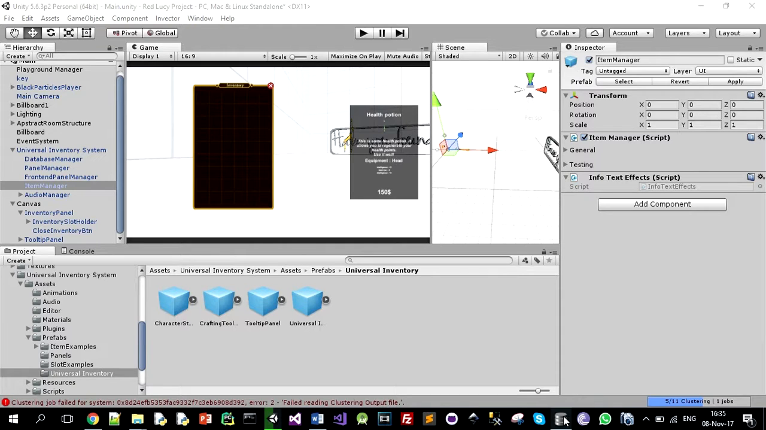For example, let's say that you want to have a key in your game, some key item, and let's say you have a 3D project. Well, first you gotta have a 3D model of your key along with its corresponding textures and materials and so on. Then first you gotta register it in a database, and you do that by going to database manager under universal inventory system prefab,